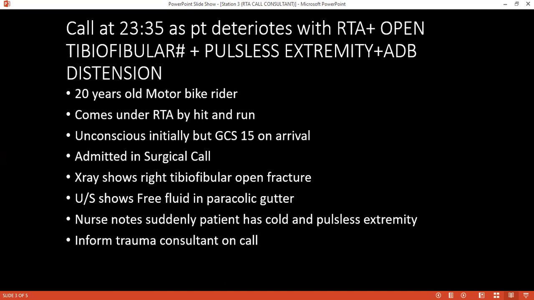So what will you do for the wound? So for that one, I think we already put some pressure. I washed the wound with normal saline. As the patient has a pulseless limb, we have to take the patient to theater to fix that vascular injury. So you will wash the wound, right? Yes, we have washed the wound with normal saline.